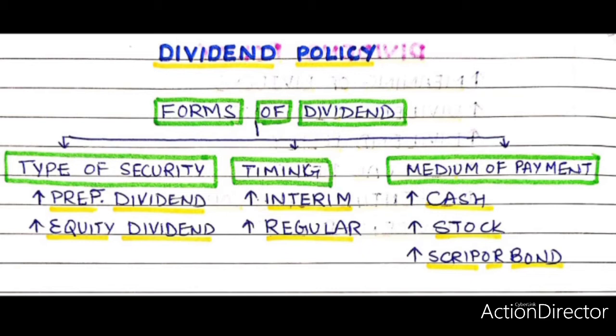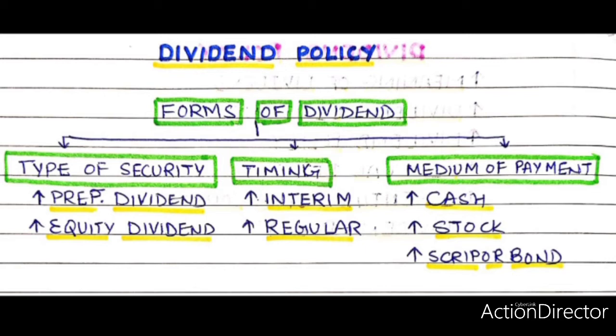Such dividends are not in practice in India after the Companies Amendment Act 1960. According to Section 205, subsection 3 of the Companies Act, dividend must be paid in cash except when the company decides to capitalize profits or reserves by issuing fully paid up bonus shares or making partly paid up shares into fully paid up. Thus, scrip or bond dividend or property dividend cannot be paid and it is no longer legal in India.